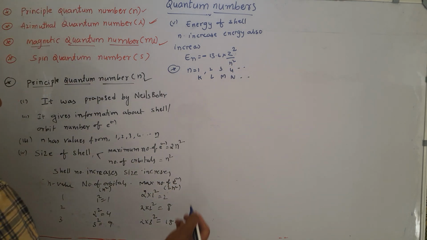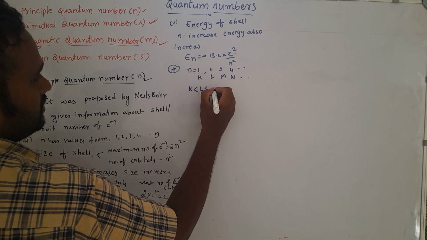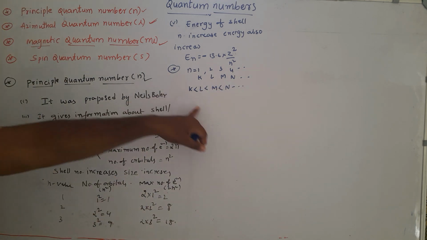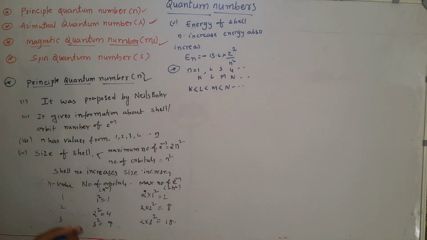So K has less energy than L, which has less energy than M, which has less energy than N, which means when you go away from the nucleus, energy increases,